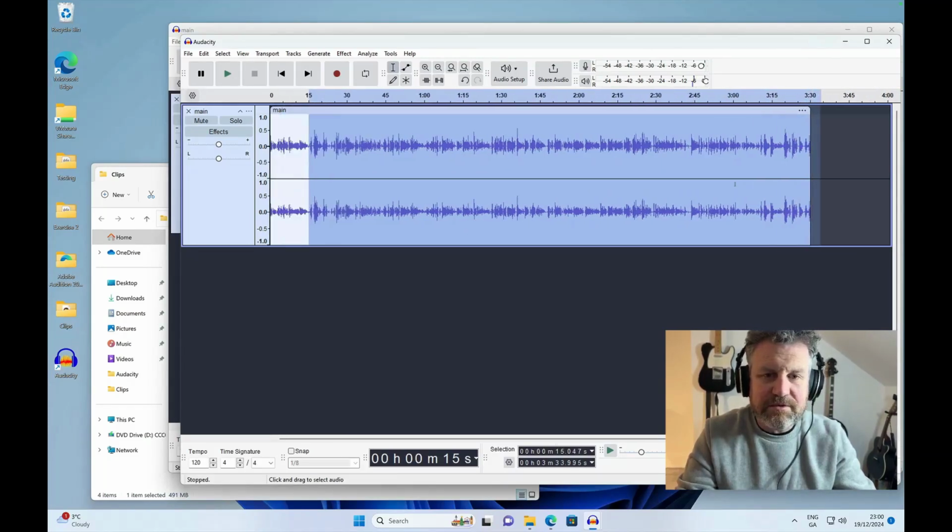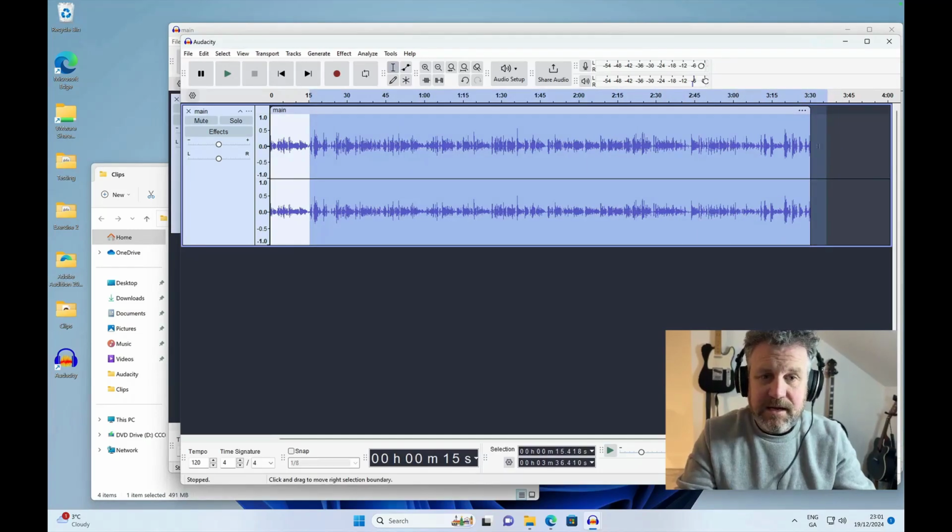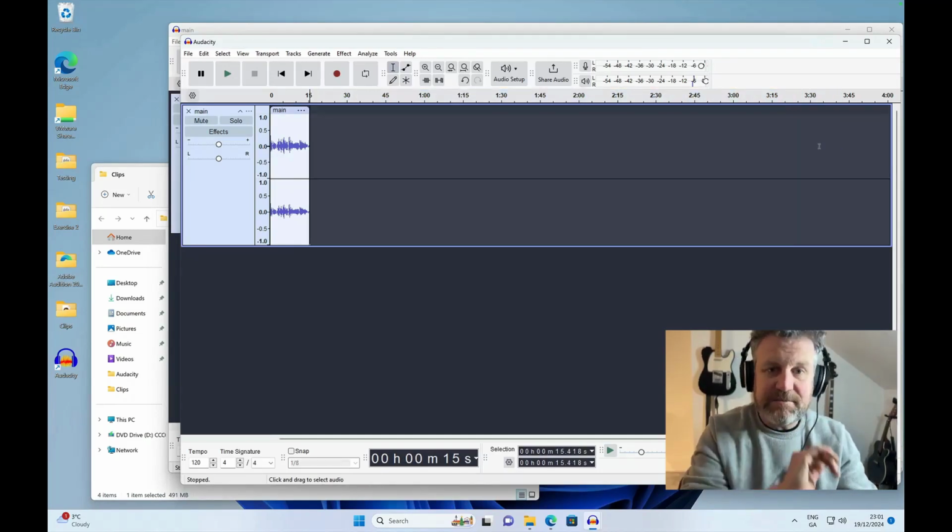Okay, so that's as much as I want. I want it basically up as far as Indrakshi here, and the rest of this I don't want. Now, what if I wanted to delete that? Well, what I could just do is I could just select it, and then if I press the delete button,